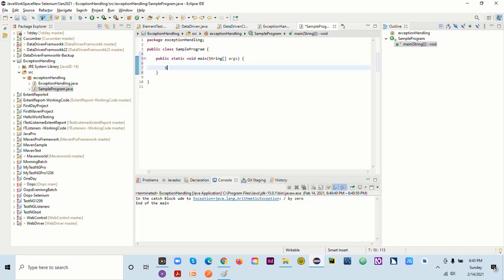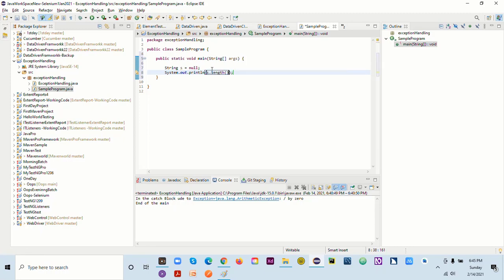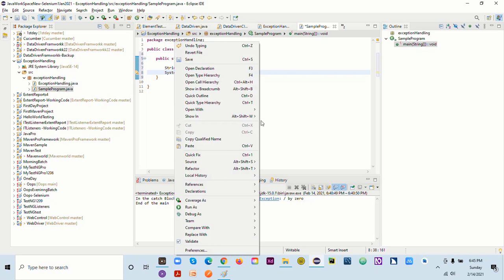And let's say I have a string, and I try to find the length of this string. If I say length, we have one method which gives the length of this string. If I run it now, let's see what issue we get here.